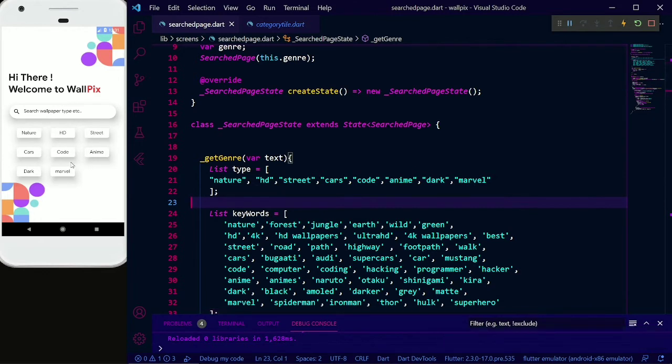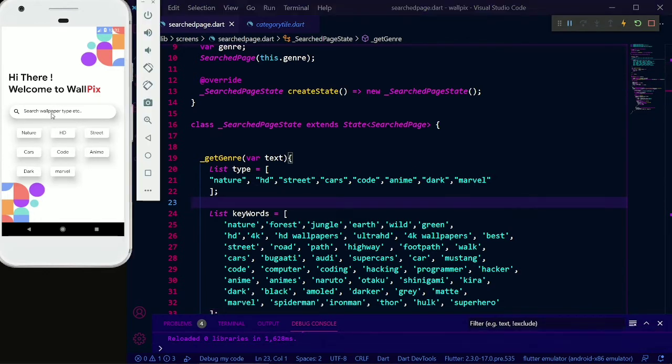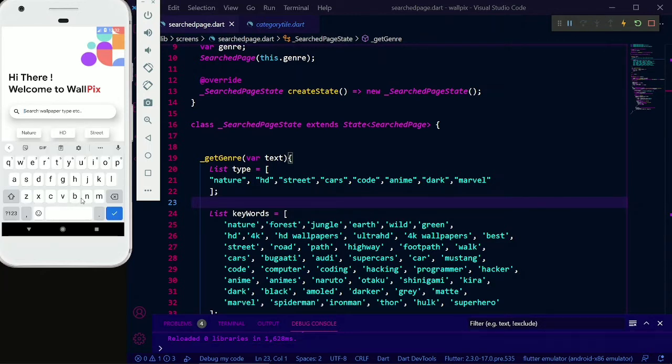So we will hot reload, and now it's time to search something. Okay, we have our keyword problem. I don't know when it will come. Okay, it's here now. Let's search coding.